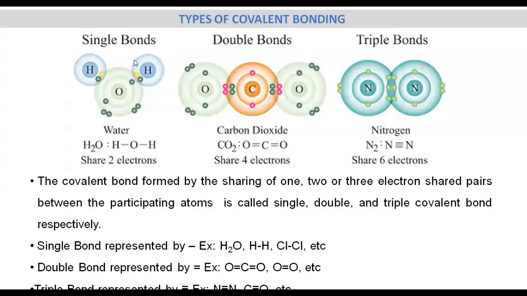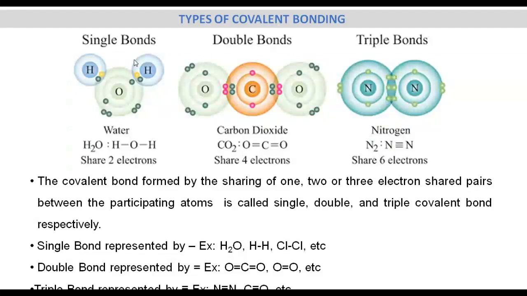Well, if the atoms share one unpaired electron from each atom, then there is only one bonding pair, that is, two electrons are shared, and such bonds are classified as single bonds. If the participating atoms share 2 electrons each, then such bonds are classified as double covalent bonds. If the participating atoms share 3 electrons each, the total number of shared electrons is 6, and 3 bonds are formed. It is a triple covalent bond.